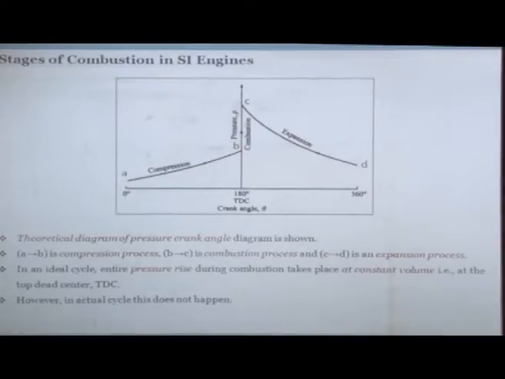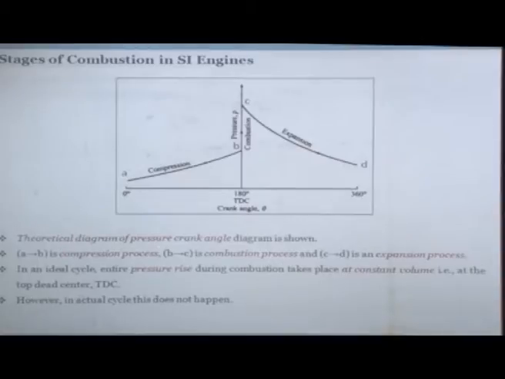I reach my TDC here and then suddenly all the heat is released, so suddenly my pressure goes up. I am completely talking theoretical, do not imply any practical considerations, whole ideal, then we apply practical considerations later. So, compression, and then here you have the combustion, a constant volume heat release, and therefore the pressure goes up, you reach point C, all the heat is released, and then the piston starts moving, no further release of heat, only the expansion. This is how it should happen in an ideal spark ignition engine.